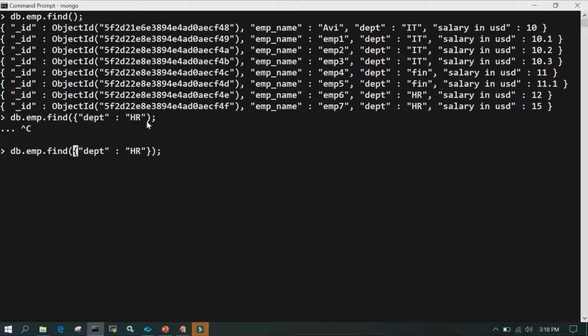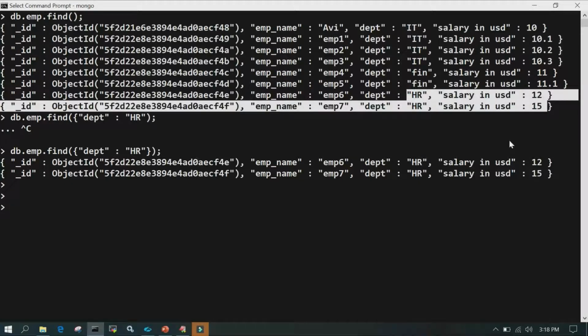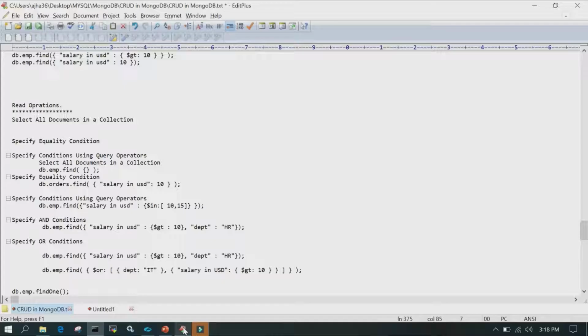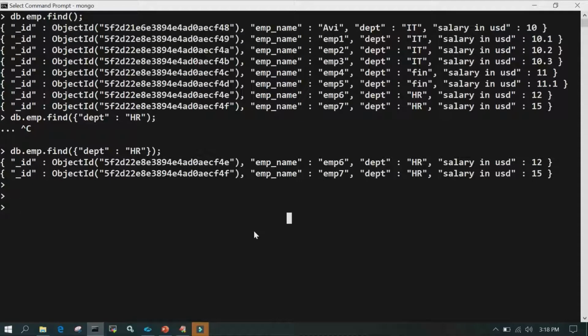In here, I have not given the curly bracket. That's why it has not displayed the content. You can see that there were two people in HR, so it has mentioned the details over here. Let's see the next condition, wherein we will see using some operators, let's say greater than, equal to, or